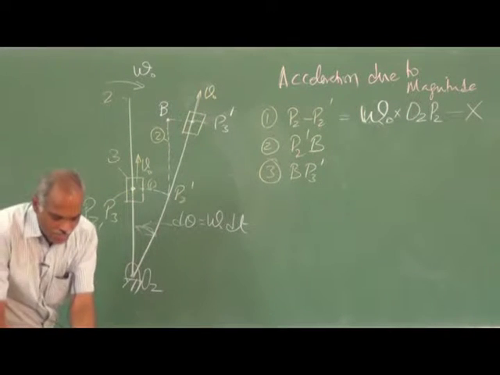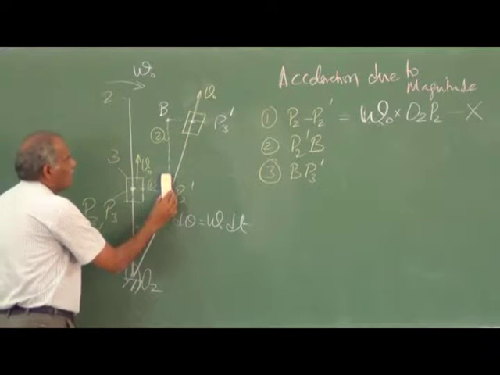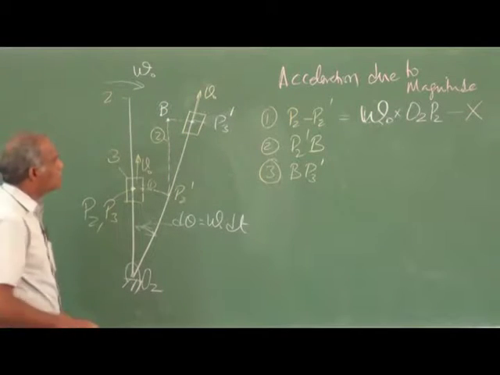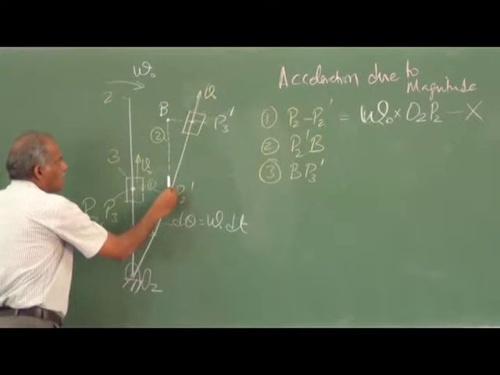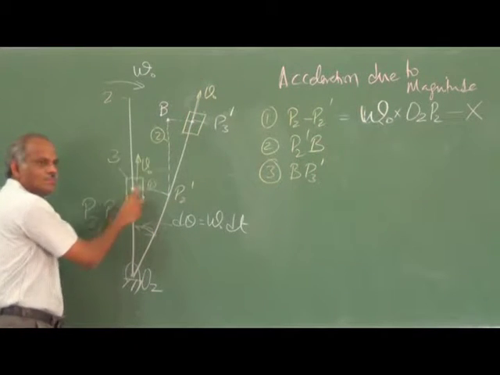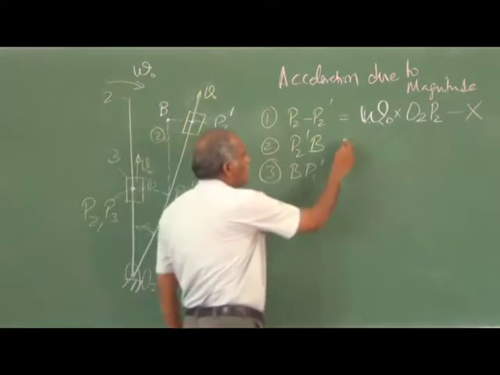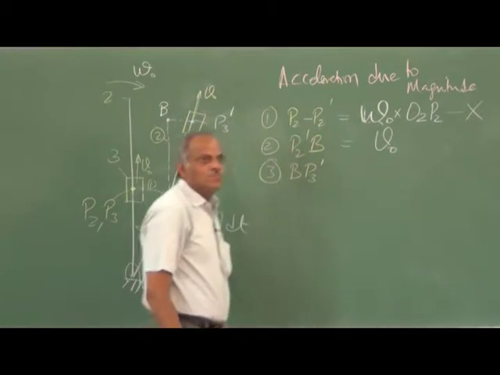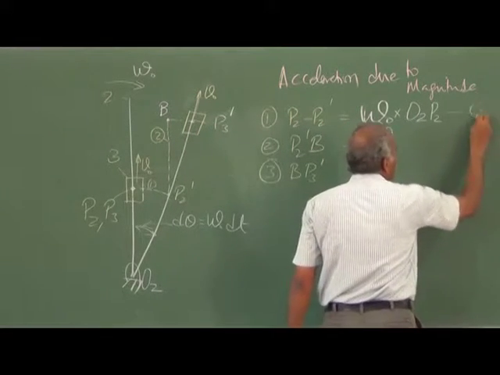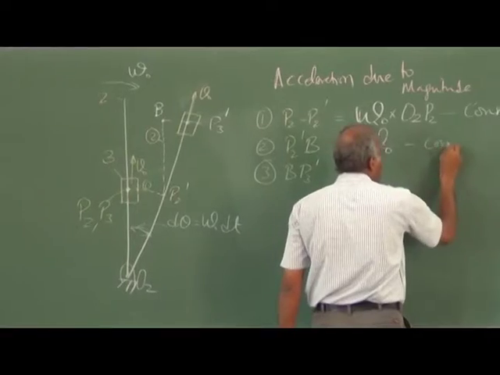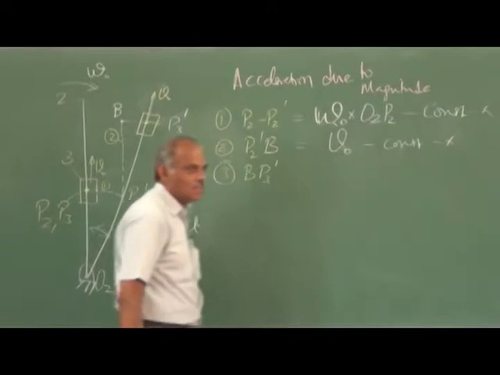Then we have the slider from here to here, then it moves in this path, path number 2. Path number 2 is P2 dash P. So this path is aligned towards the earlier direction. It is aligned toward the radial direction. So the velocity of that is V0, that is also constant. So this is a constant in magnitude. Therefore, it cannot have any acceleration. Here it cannot have any acceleration.